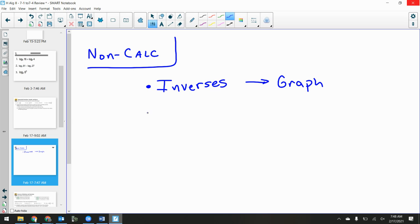Also, changing forms. What do I mean by that? That's going from log to exponential and back again. There'll probably be a couple of questions just on changing from logarithmic to exponential to logarithmic. Also, and this is the majority of the non-calculator portion,